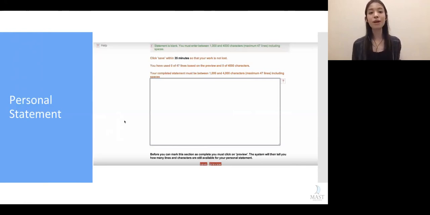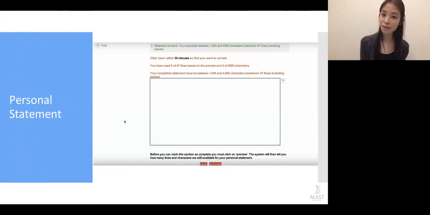So what's special about the personal statement, though, is that different universities are looking for different things in your personal statement. So for example, Oxford and Cambridge, they look for a more academic take on your personal statement. So in your personal statement, they want to see how you do academically and why you're so interested in their subjects. Whereas for schools like King's College London or, let's say, the University of Manchester, what they're looking for more is what kind of person you are, your personalities, your hobbies, any extracurriculars you do, instead of anything that's more academic.